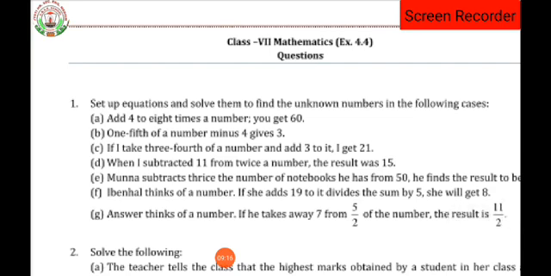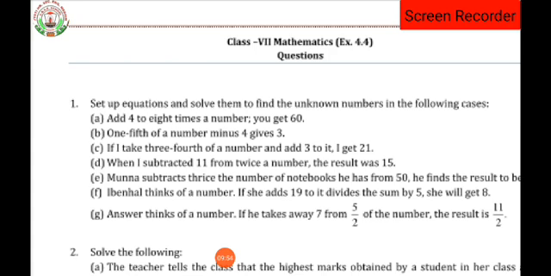first. Here in this question it is said that set up an equation and solve them to find the unknown number in the following case. Here what we have to do in this question, we have to create an equation as we did in exercise 4.1. There are simple questions, with the help of simple statements we are creating equations. Do you remember 4.1 question number 4? एक सिंपल स्टेटमेंट रहता था, उस स्टेटमेंट का इक्वेशन बनाते थे. So here also the same thing happens. Our statement is there, with the help of this statement we have to set up an equation for the question number 1.